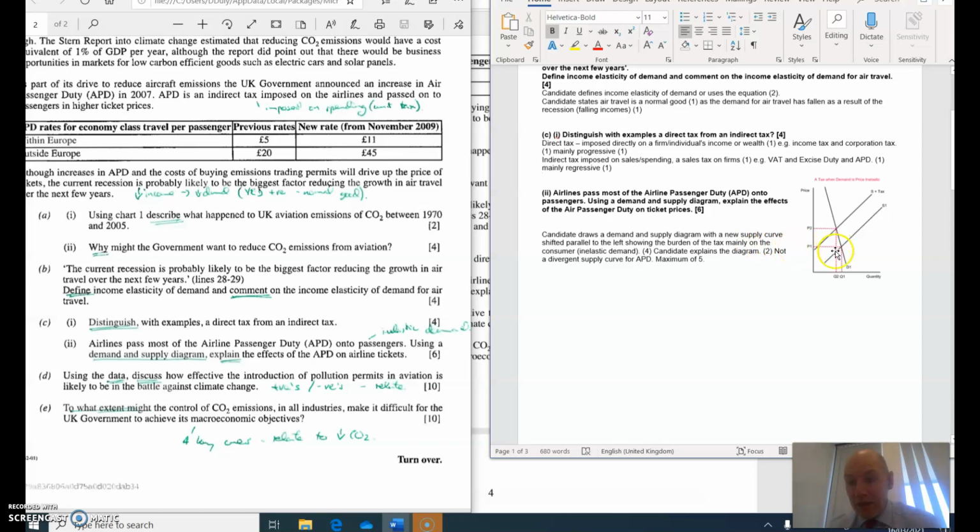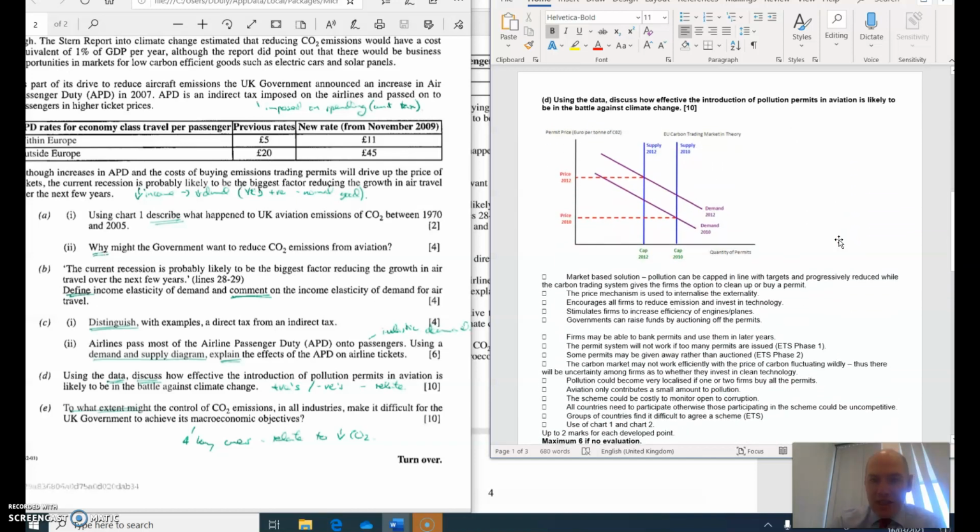Okay, the vertical distance. When we did this in class, we talked about A, B, and C, that the vertical distance between the two supply curves is the size of the tax. Well, most of that is actually P1 to P2, the increase in price. So most of it is paid by the consumer. Okay. In terms of question D,